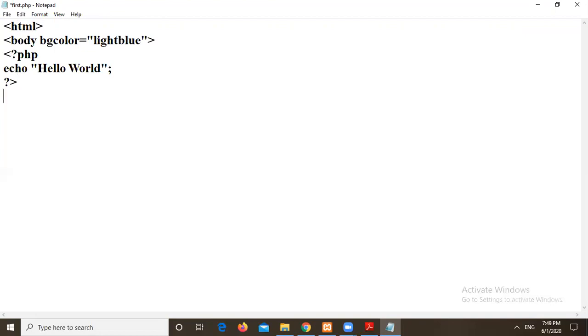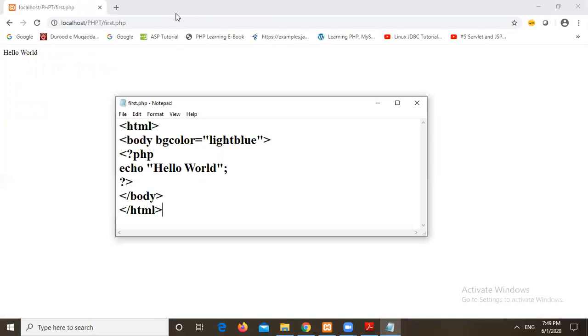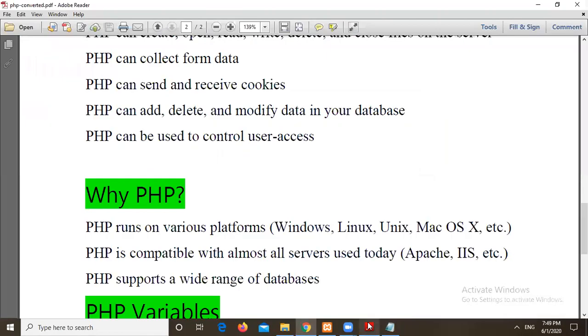See here, I should close that body tag, and immediately close the HTML tag. Now I am saving this program. Fine. So I will go to the browser and refresh this. See, can you see some color has changed here? This is how we write our first PHP program.